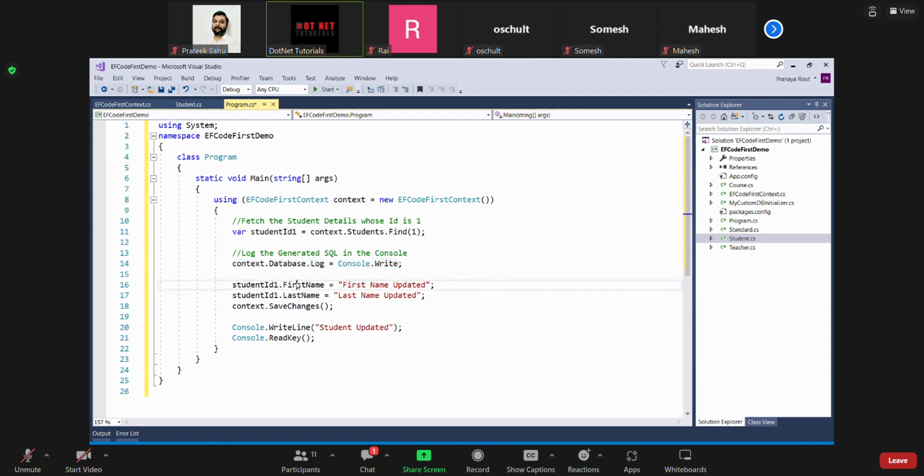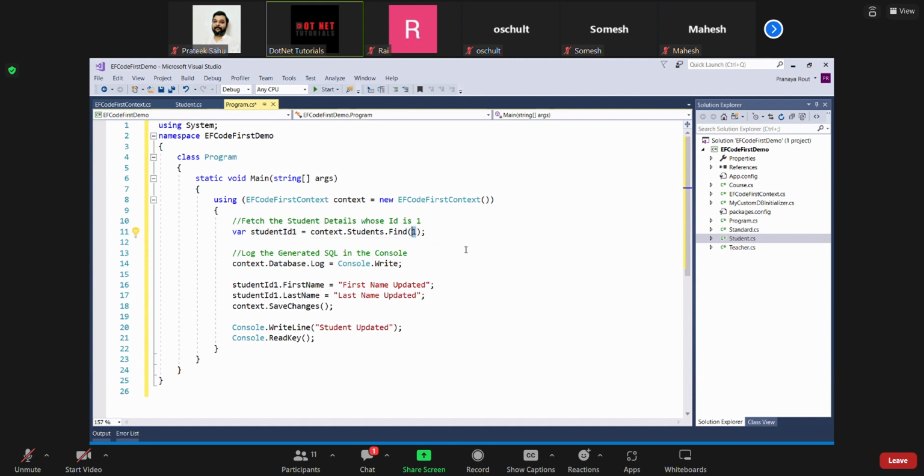in the case of an update. Here I'm updating the first name column value, here I'm updating the last name column value, and then I'm calling SaveChanges. If you do not have the row version column, then what Entity Framework generally does is, based on the primary key column value, it updates those columns which are modified. In this case, first name is modified and last name is modified. So in the update statement these two columns are included, and in the where clause condition it will use the student ID column. But